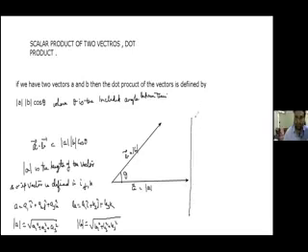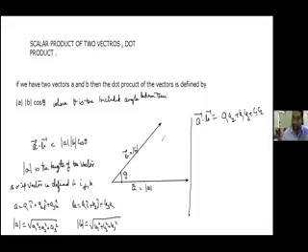So if you have i, j and k, i dot j is 0, j dot k is 0, k dot i is 0, all 0. i dot i is what? 1. j dot j is what? 1. k dot k is what? 1. Are you clear?